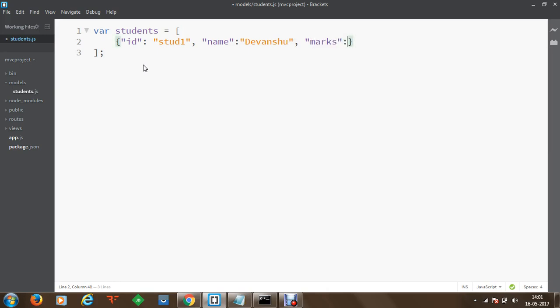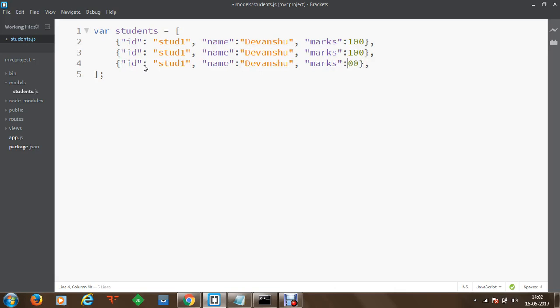So we are going to have marks somewhat like, let's say, 100, then we can use comma, and we are going to have multiple values, let's say 700, 500, something like this. Let's say we are going to change the name of the individual students in the class, and we are going to change their IDs as well.